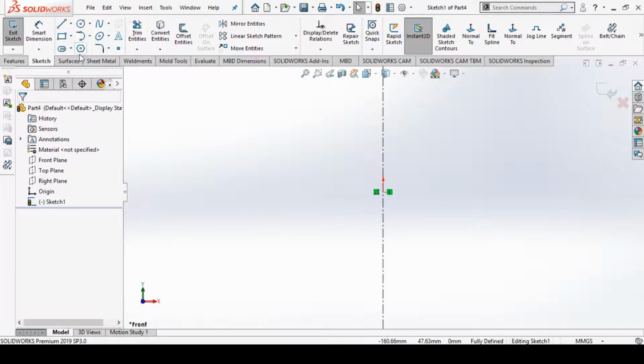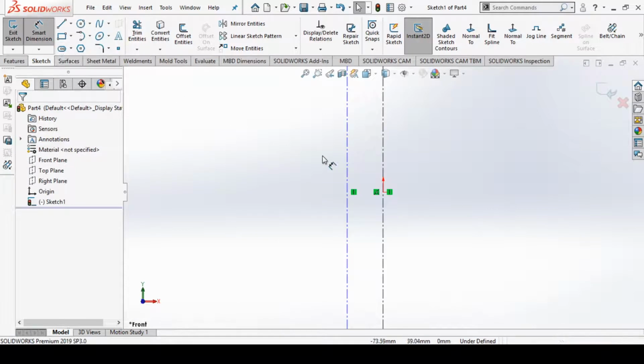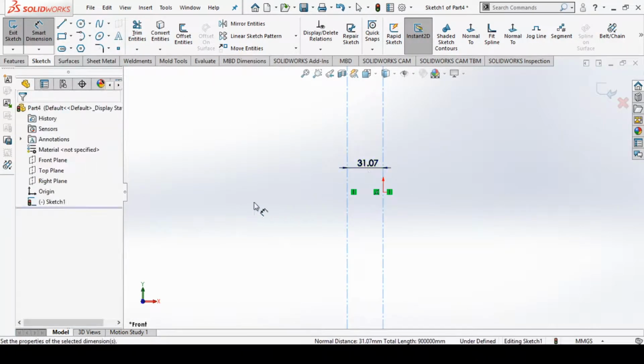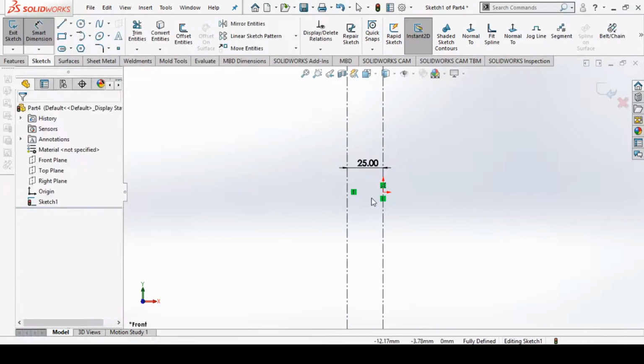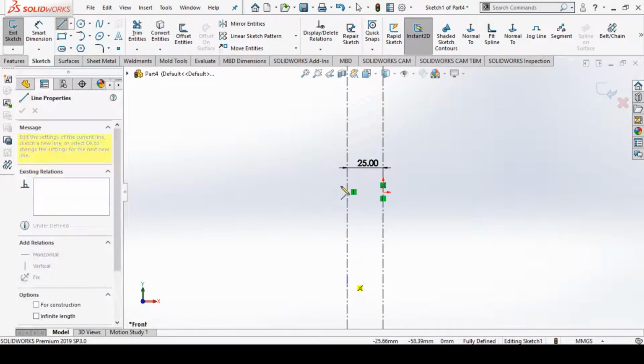Again I can draw some kind of sketches. So I can draw again an infinite length vertical line, and we can set the dimension of this line separation, that is some 25 mm, and then we can create a sketch with respect to this line.